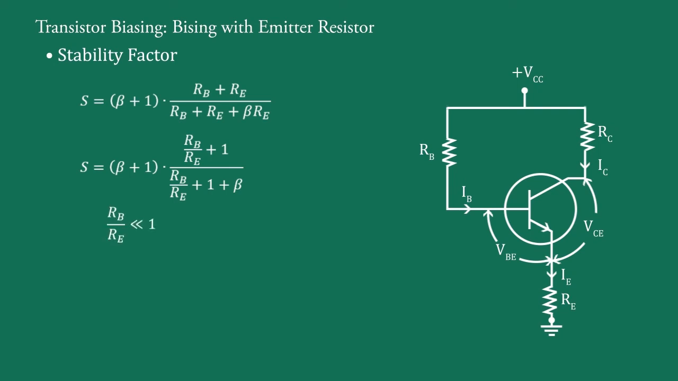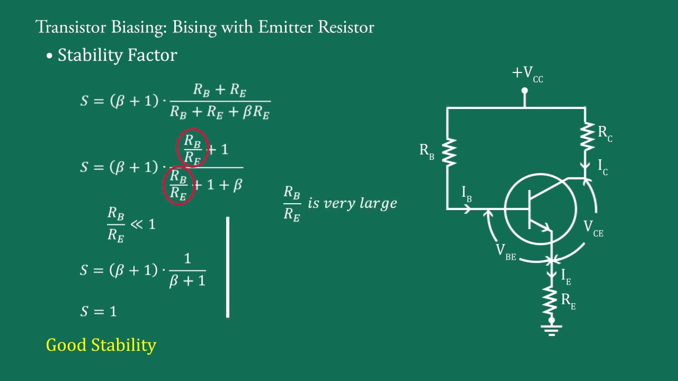If RB upon RE is very much less than 1, we take RB upon RE plus 1 equal to 1, and here also RB upon RE plus 1 equal to 1. Therefore the equation becomes S equal to beta plus 1 into 1 upon beta plus 1, and that is equal to 1. It shows good stability. And if RB upon RE is very large, then RB upon RE plus 1 equal to RB upon RE, and here also RB upon RE plus 1 plus beta equal to RB upon RE, and that's why S equal to beta plus 1 into RB upon RE upon RB upon RE, that is equal to beta plus 1. It indicates poor stability. The first condition provides good stability, but it is not applicable because